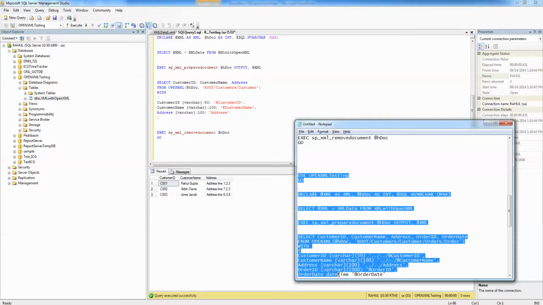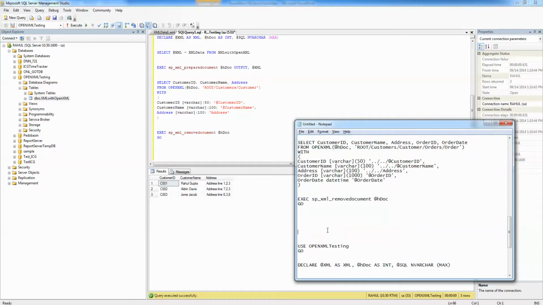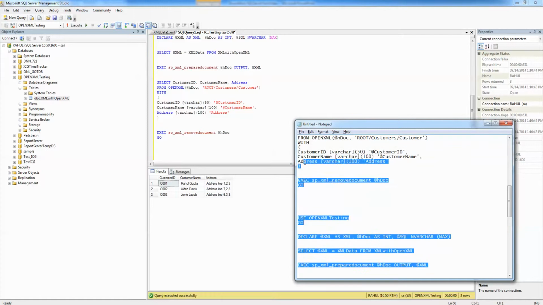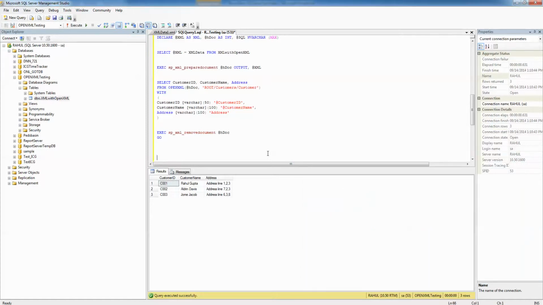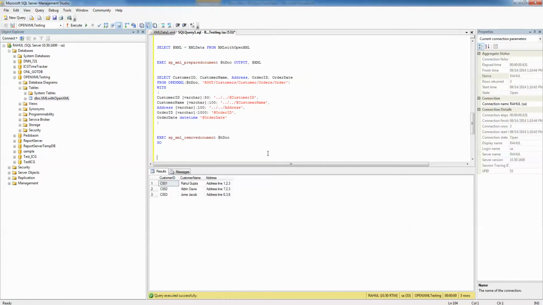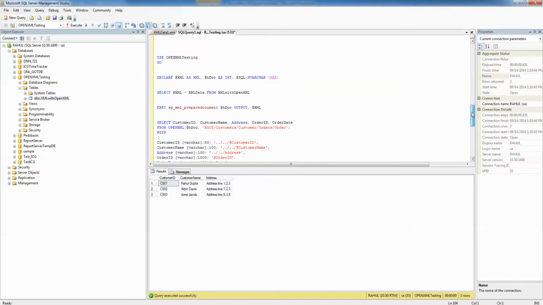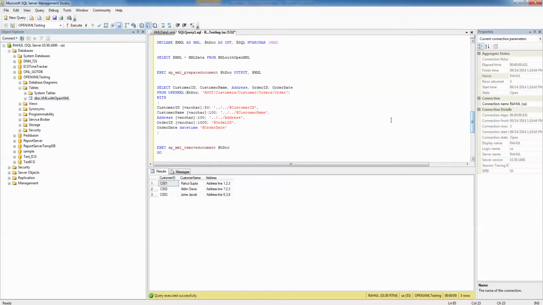Now, let me quickly copy the queries for the same. Right. Now same as before, we'll be using the OpenXML function and the two system defined stored procedures, sp_xml_preparedocument and sp_xml_removedocument, to clear out the internal cache and to get the XML document from the XML file.